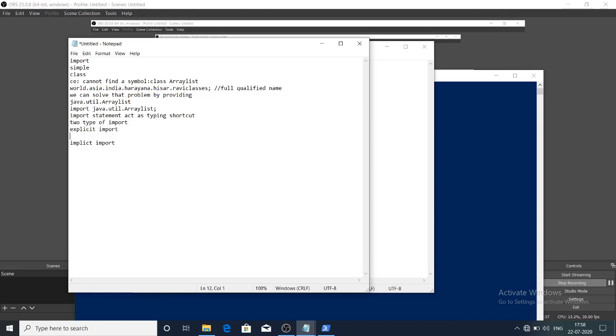What will happen in explicit import? See, I write the import statement, import java.util.ArrayList. I write.